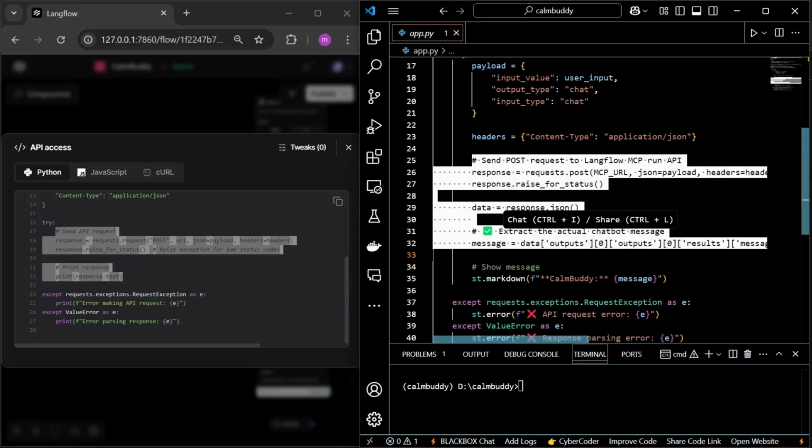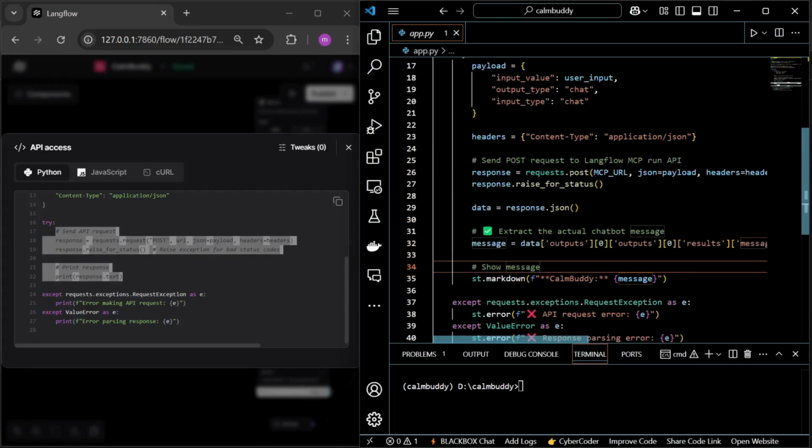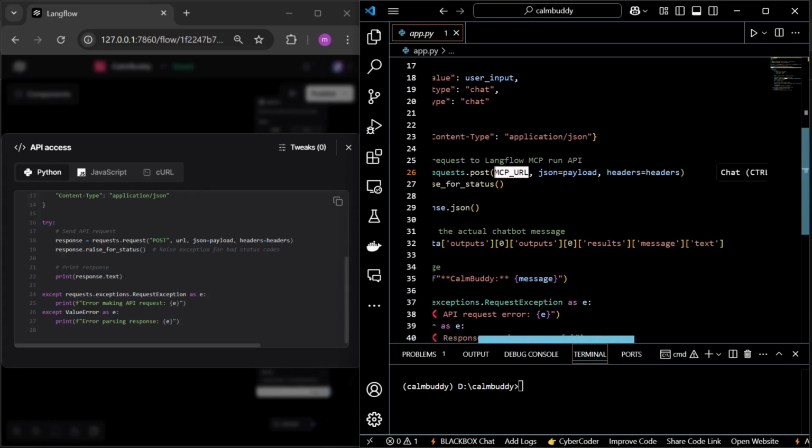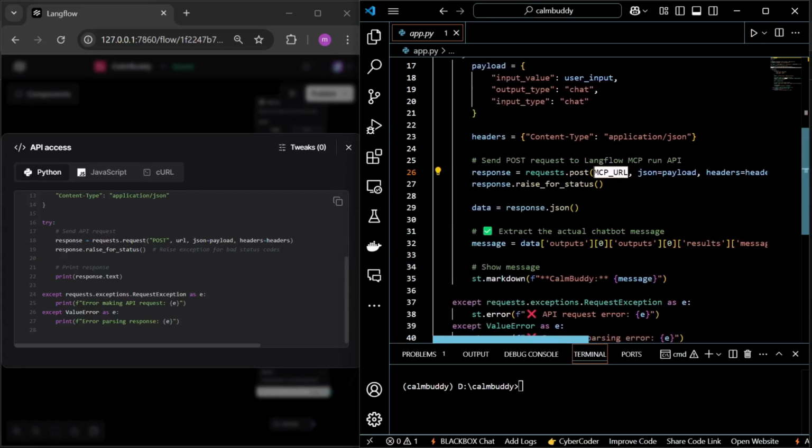And the response equals request. We are not using request, we are using a post. So it reads the MCP URL and the same thing, just like the given code from Langflow.